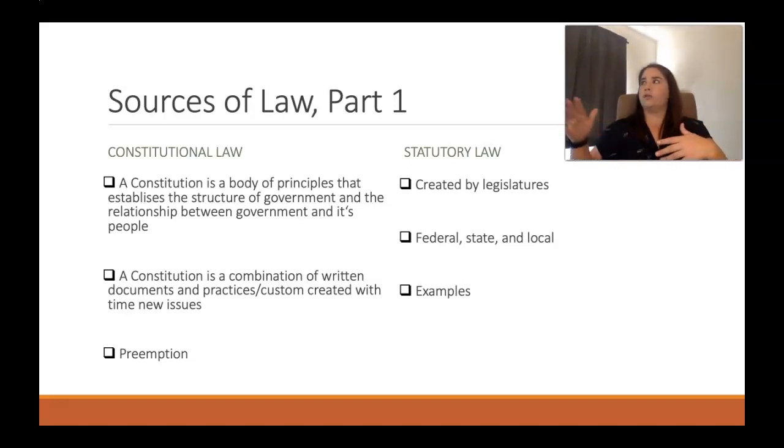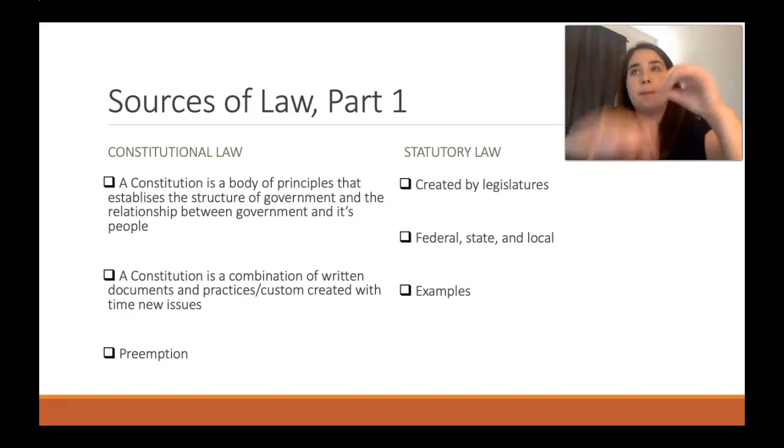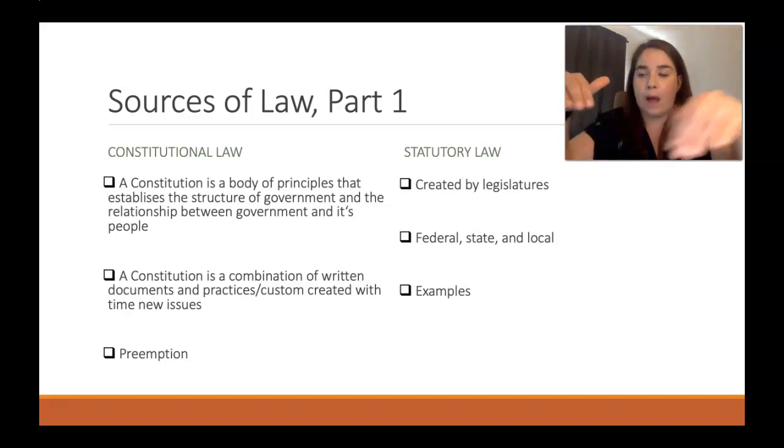So if you were to walk into my office's law library, you would be confronted with multiple walls, all the way up to the ceiling, full of statutes, books with laws, book after book after book. Those are the laws that are created by our legislators. That can be our federal legislators, our state legislators, and even our local legislators. So a good example of federal legislation is federal environmental law legislation. Like almost exclusively, the federal government regulates environmental law.